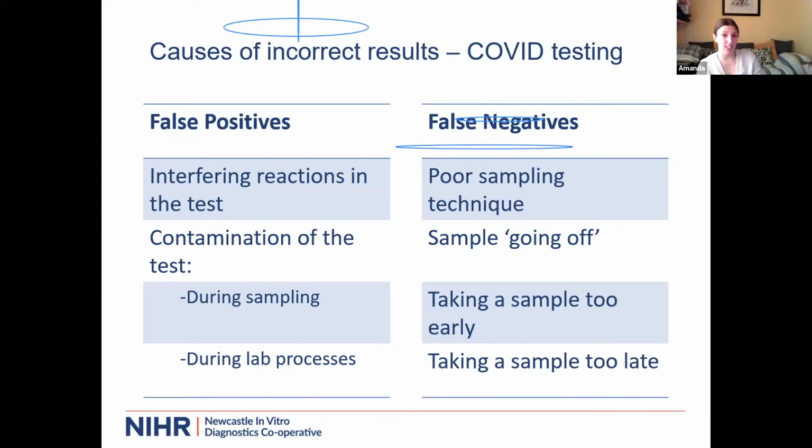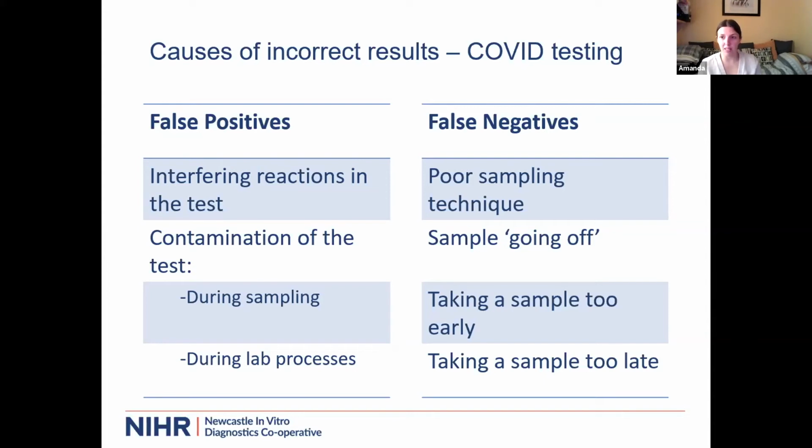Or we can potentially get contamination of the test during the sampling phase, when the test's being taken, or during the lab processes, and these are actually relatively unusual occurrences. The tests and the processes are designed in such a way that these kinds of errors are minimised. That's not to say that they don't happen at all, but they are much less usual than the false negatives. And the causes of false negatives are poor or suboptimal sampling technique,